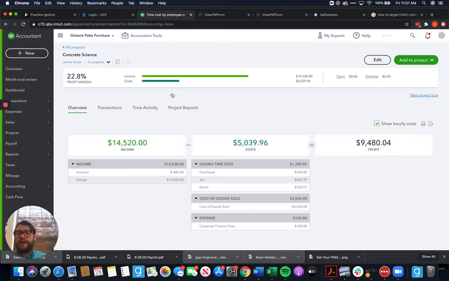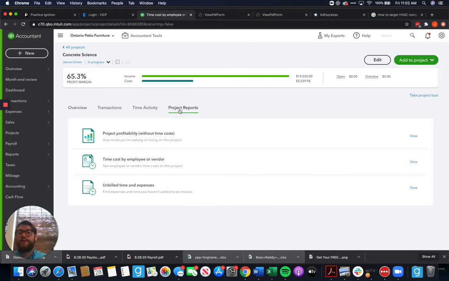And you can compare that to other jobs' labors moving forward, along with comparing your profit margin, your total profit, where your expenses went, because you can run multiples of these project reports. And let's say that you have 6 projects that are very, very similar. We can compare those and see how similar they add up on the project profitability report and on the time